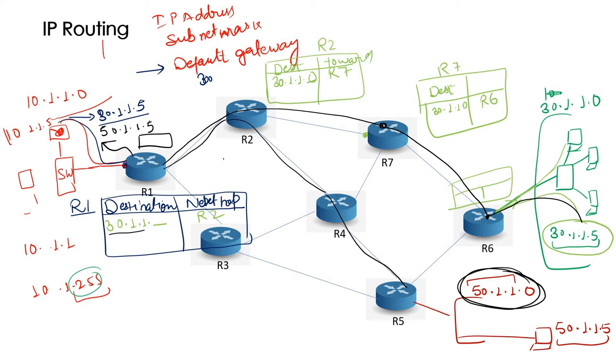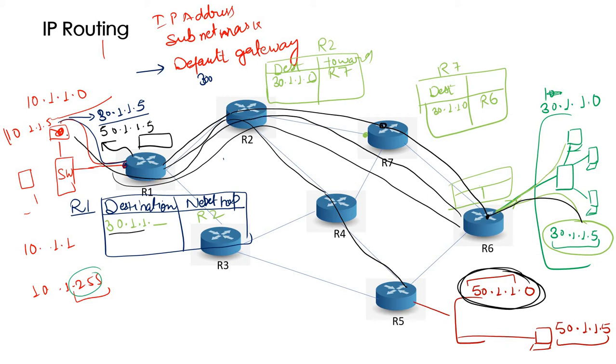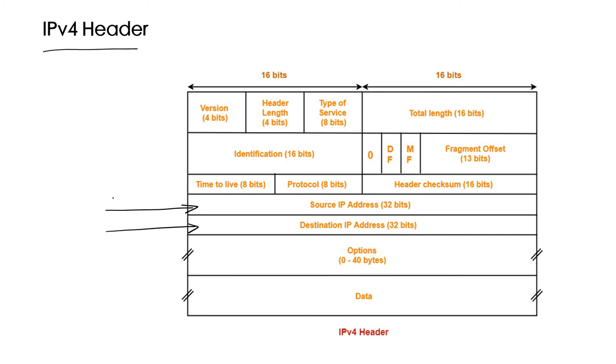The source address is not required for forwarding, it just takes it for reference, because the source address is important when it will send the ping reply, right? If you ping it, the ping response will go in this direction, and when it sends a reply, it will use the source address, that is, who has requested, so that source will be converted to the destination, and this time it will reach the requester, and it will get the reply. So these are the two important parts of the IP packet: the source IP address and the destination IP address.